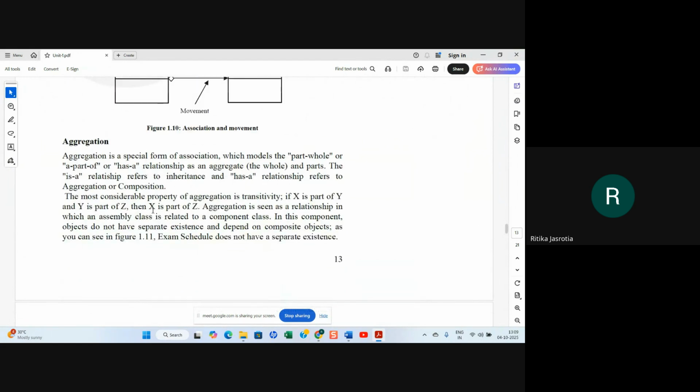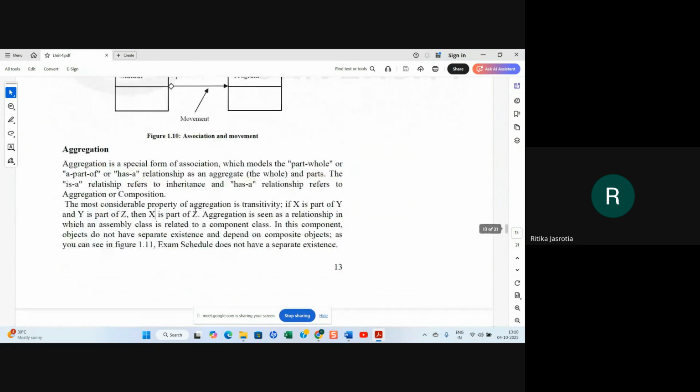So the most considerable property of aggregation is transitivity. If X is part of Y and Y is part of Z, then X is part of Z. That kind of transitivity is there. So aggregation is seen as a relationship with which an assembly class is related to a component class. In this, the component object does not have a separate existence, it depends on the composite object.